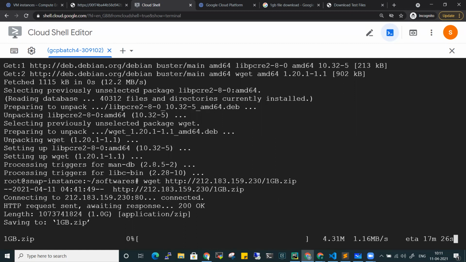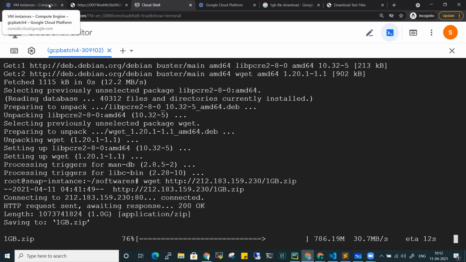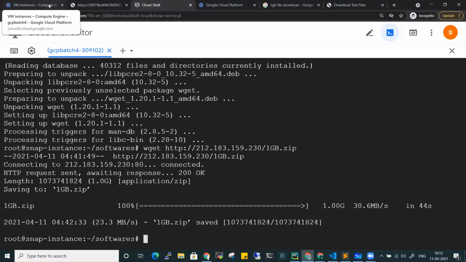What I was trying to replicate is that in your organizations, or wherever you're working, there will be some data already accumulated inside your disks. As this was a new image and a new disk, we don't have any content in it. So I thought of creating 1 GB of data so that for practicing creating snapshots, deleting snapshots, and creating instances out of a particular snapshot, we'll have some data available. So let it get downloaded. From here on, I'll show you snapshots from the console because it's the first time you're creating snapshots, so you should be aware of how to create them from the console. The same way you can create them from the command line as well. So there are no issues in that.